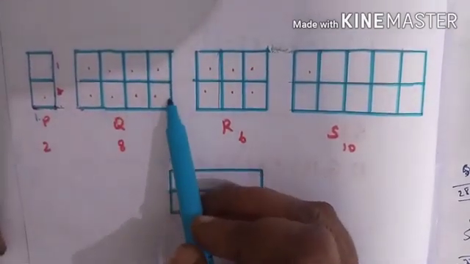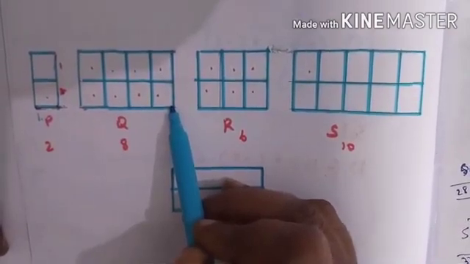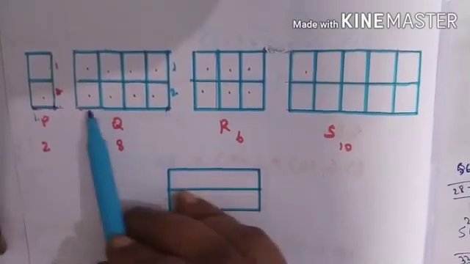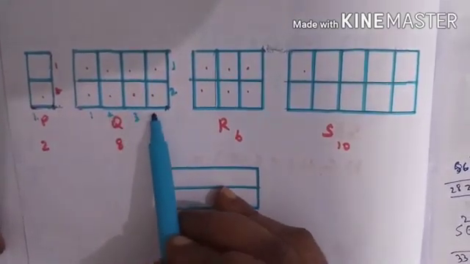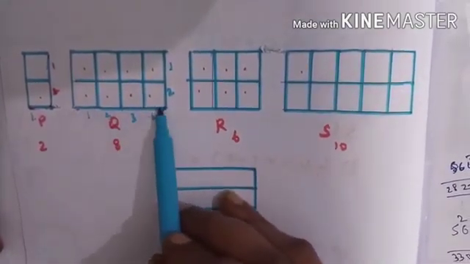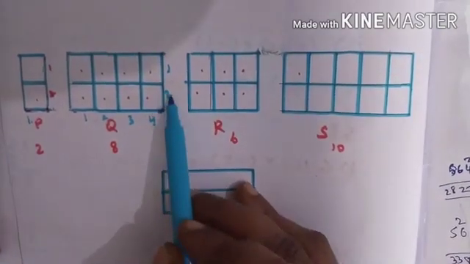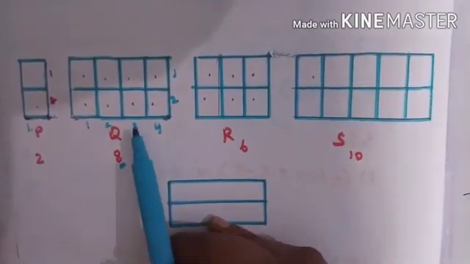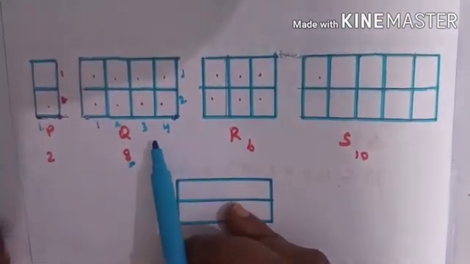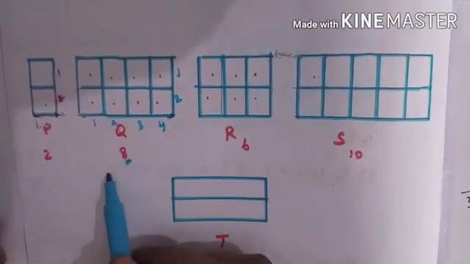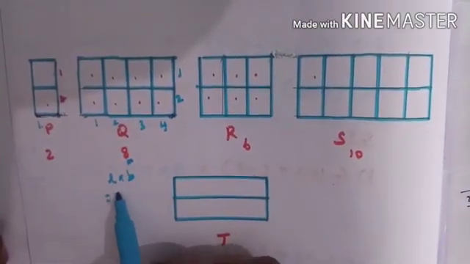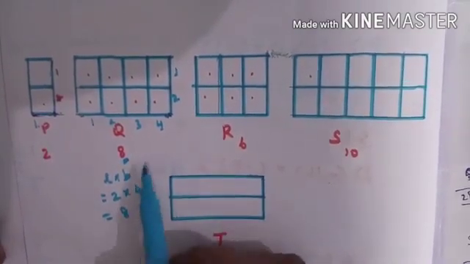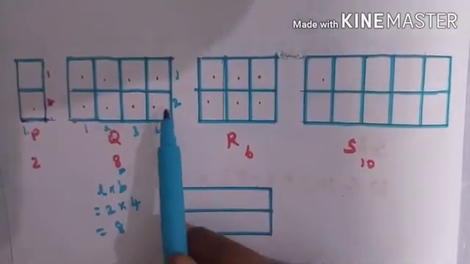Okay. Here you see along the breadth we are having 1 and 2. Along the length, how many squares? 1, 2, 3, 4. Therefore along the length 4 and along the breadth 2. Therefore 2 into 4 is 8. How does this 8 come? The area of the rectangle formula is length into breadth, that is L into B. Therefore that is equal to 2 into 4, which gives 8. So 2 4s are 8. There are 8 squares in the rectangle.